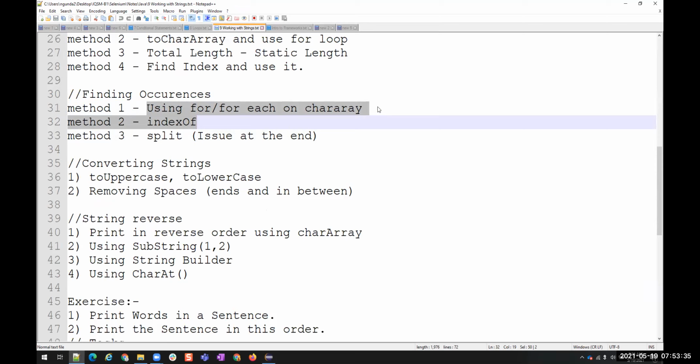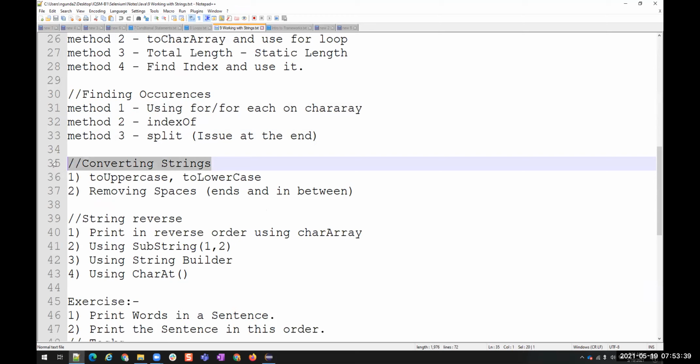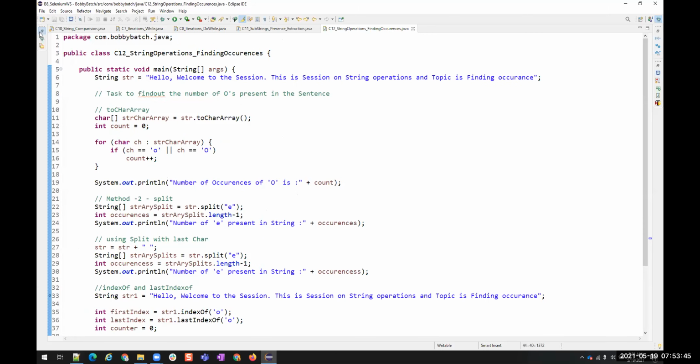All right. Now let us see the next subtopic, that is converting strings. This is not a big topic, it's a very small one, converting strings.